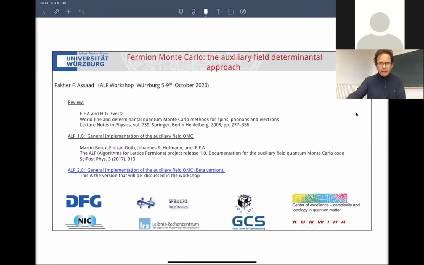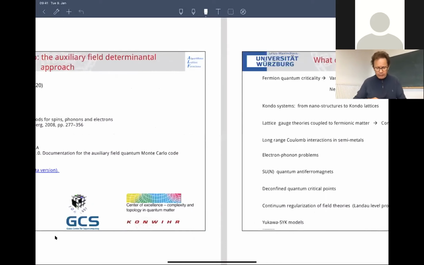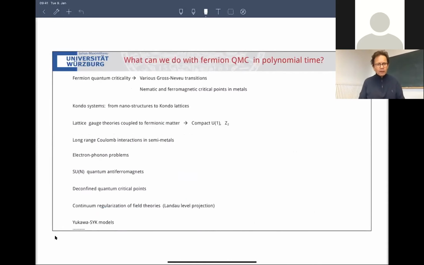Okay, so let me start with why care about Fermion Monte Carlo. This is a list of things you can do with this code. You can look at Fermion quantum criticality, so various types of transitions between a semi-metal and an insulating phase with a broken symmetry. You can look at nematic and ferromagnetic critical points in metallic environments, also antiferromagnetic critical points